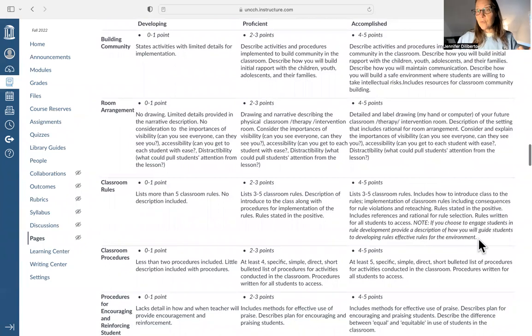Think about your classroom rules. So often now we refer to our classroom rules as our class norms, and it is perfectly fine if you decide that you want to engage your students in helping to create these. And so you can explain that and discuss how you plan to do that, but also think about in your